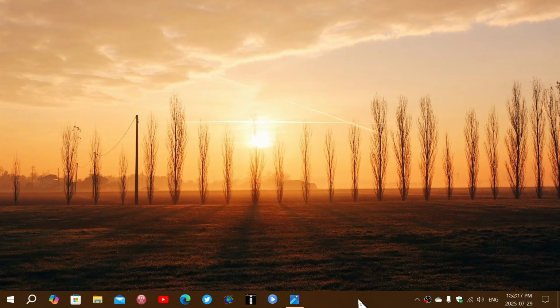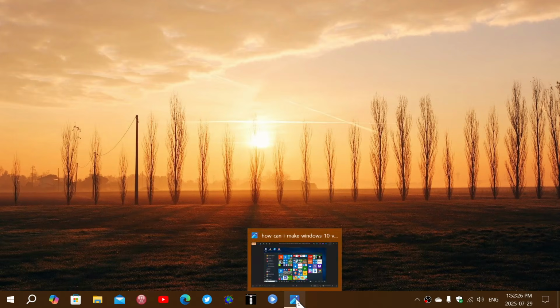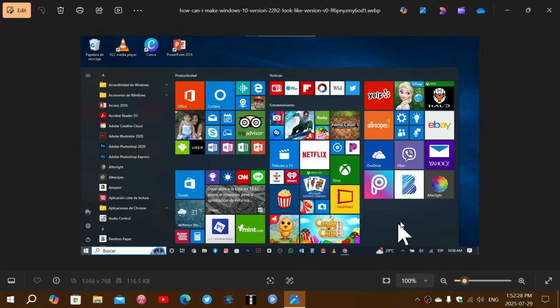And people just moved on. It was an exciting time for something that was very different. This is the original Windows 1507. That was the build number, 1507. 1507 looked like this, with the big squares, the live tiles.